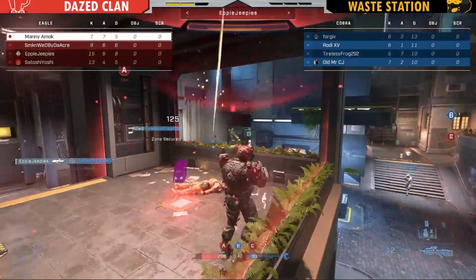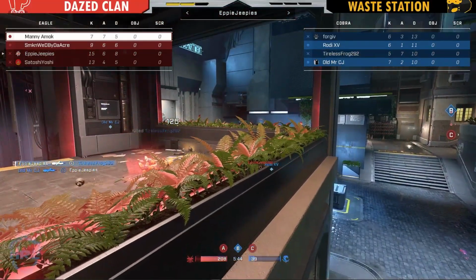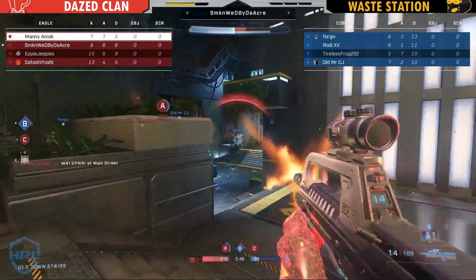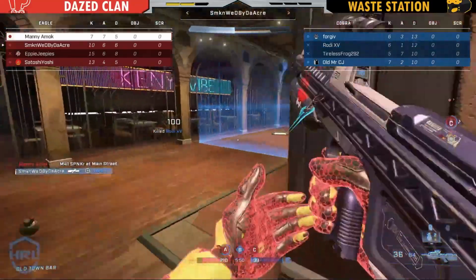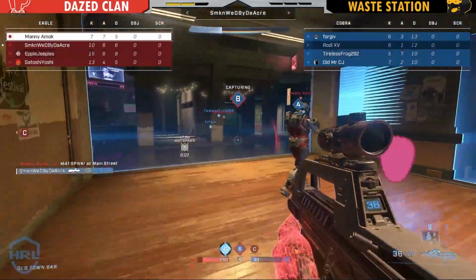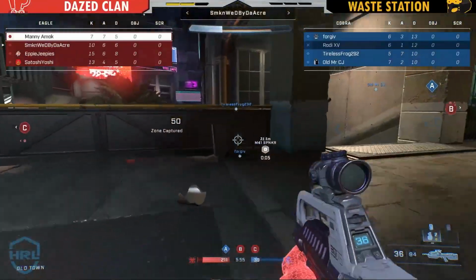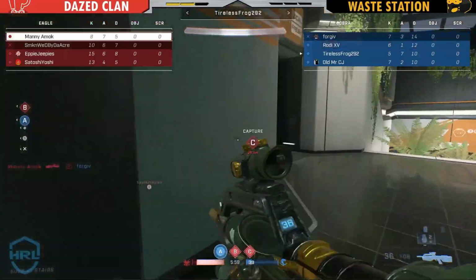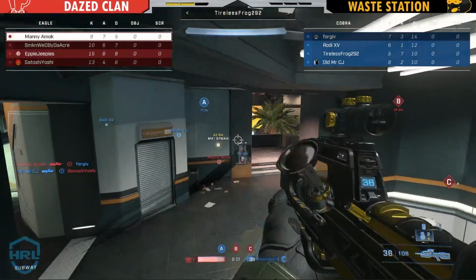Excellent by Satoshi Yoshi. And this fight here as well has slowed down their push, so his friends coming off of spawn at C or B will be able to pick up that point as the enemy are collecting A. A and C get traded, but still in that position of scoring. Dazed Clan able to